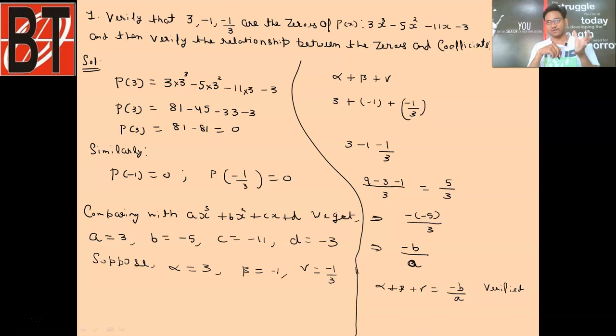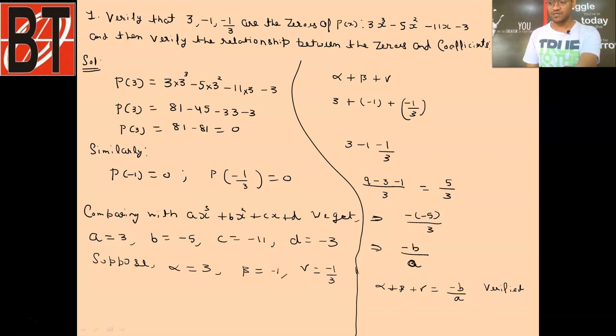Now students, we have to verify the other two relationships as well, that is alpha beta plus beta gamma plus gamma alpha. It should be equal to c by a. I am leaving this also on your side. Because this is an NCERT question, the simple question, you will solve this. Let's have a new question. ओके, इस क्वेश्चन का बाकी का पार्ट आप लोग खुद करें. ओके, क्योंकि बस दो रिलेशनशिप को वेरीफाई करना है, सिंपल कैलकुलेशन है और कुछ नहीं है.